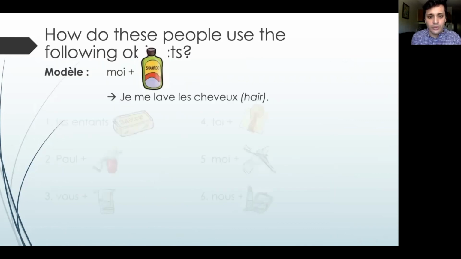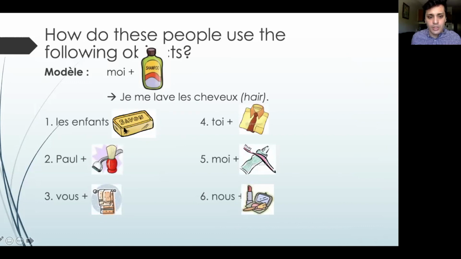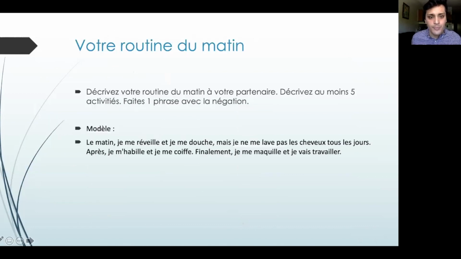And then we use the images to prime their brain for meaning, and then they have to conjugate it on their own. So these are what their practice looks like. And then we move to what we call a more communicative activity, and they describe their own routine. And generally the routines kind of look the same, but we just want them to get practicing